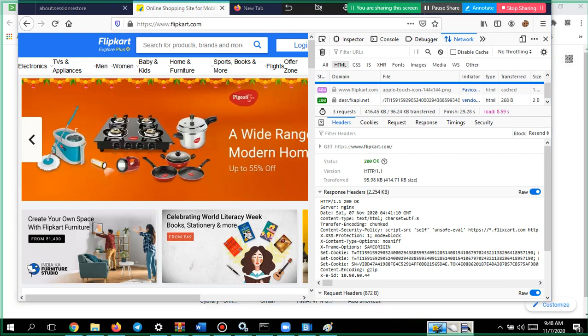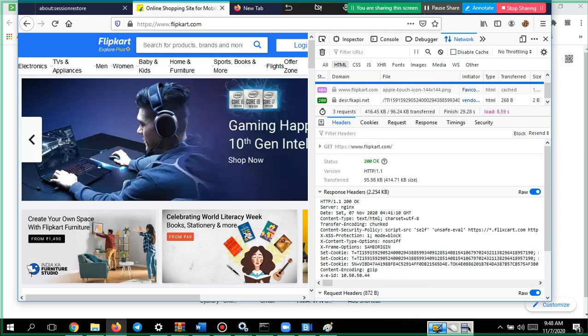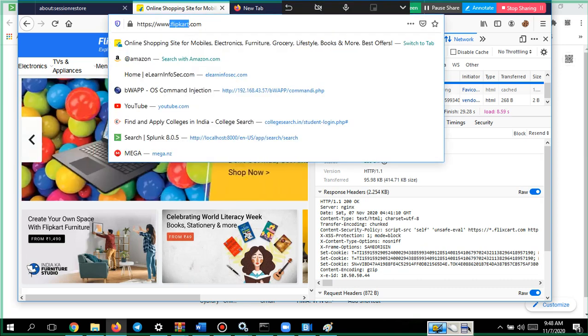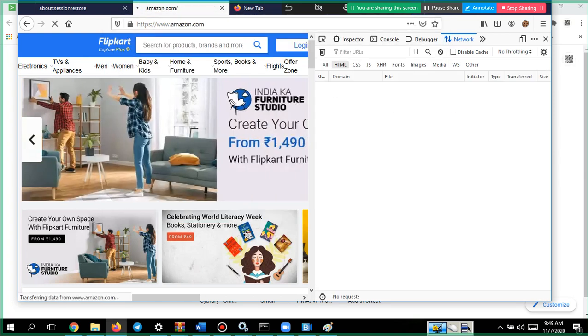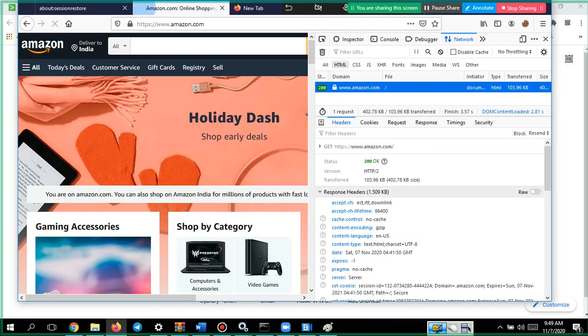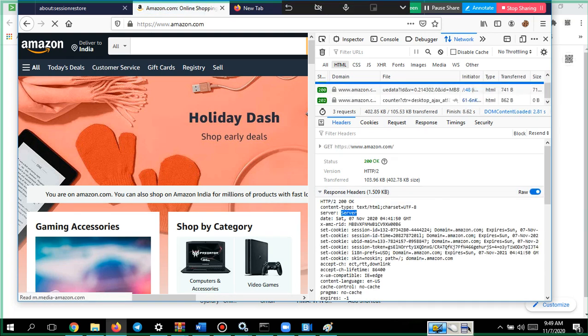Now let us see which server amazon.com is using. In the response, they have kept it as just a server.